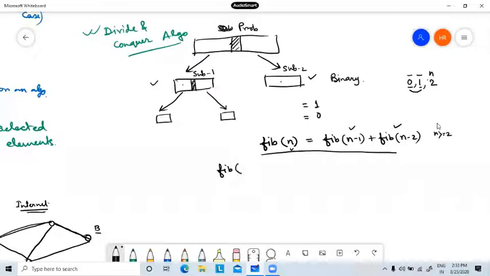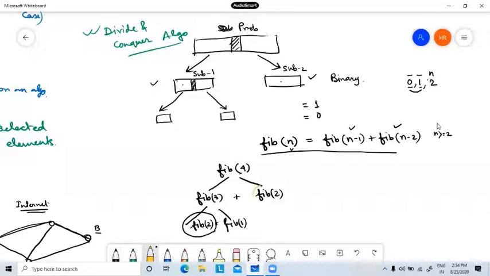So suppose I want to measure fib of 4. Then what I will do is call fib 3 and on this side fib 2, and they are summed. Okay, for fib 3 this again applies, so it will again call fib 2 plus fib 1. Now see, this fib 2 is here as well as here.